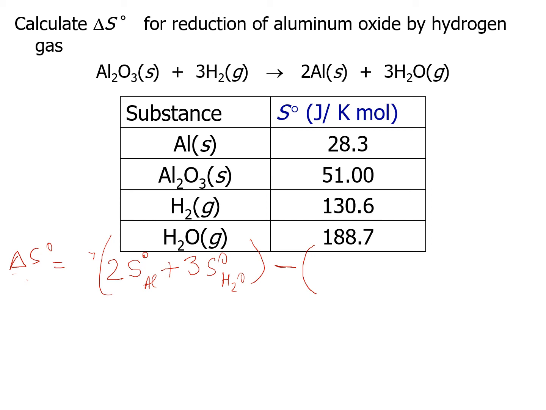1 mole of Al2O3. So it's going to be 1 times entropy of Al2O3 plus the second reactant, which is hydrogen, which is 3 times the entropy. So these are S naught values, S naught of hydrogen gas. Okay, so now let's just plug in the values. 2 times aluminum is 28.3